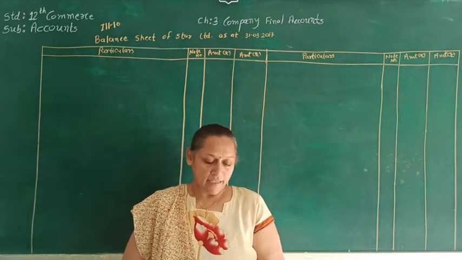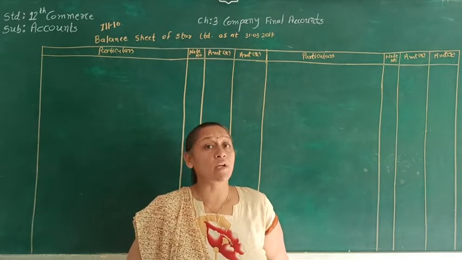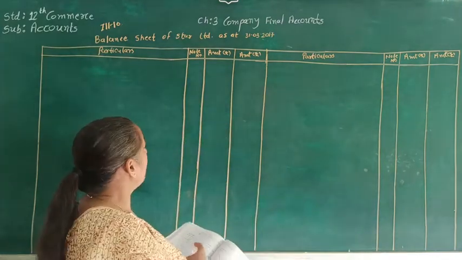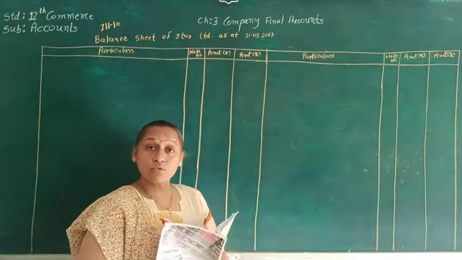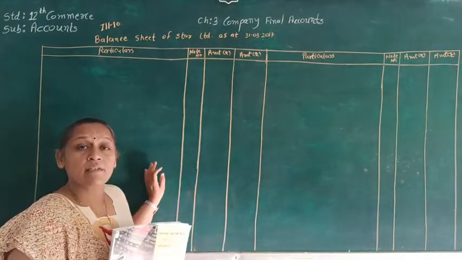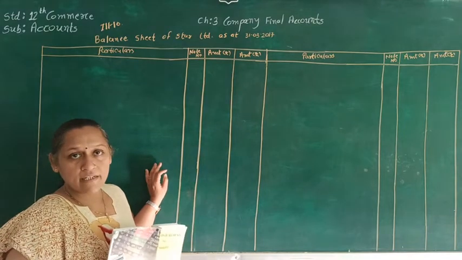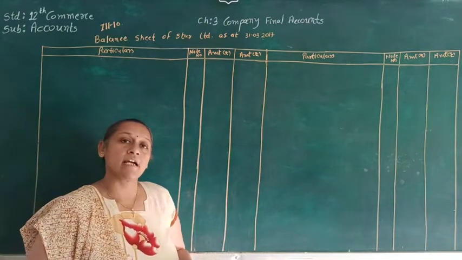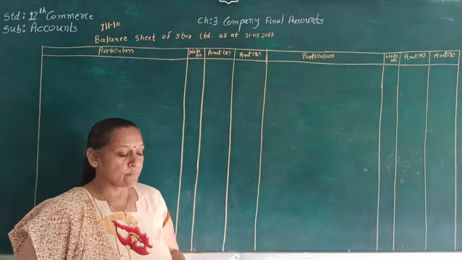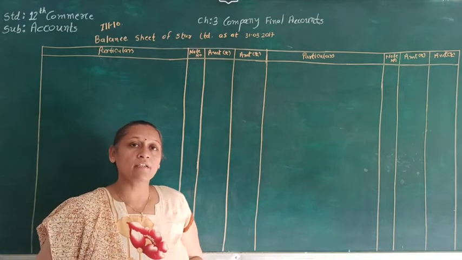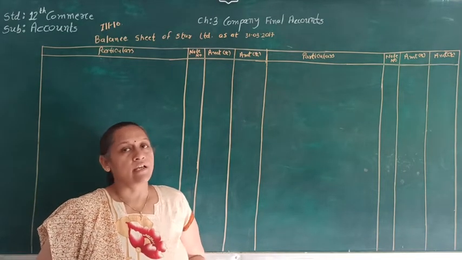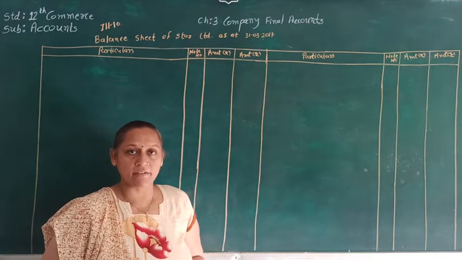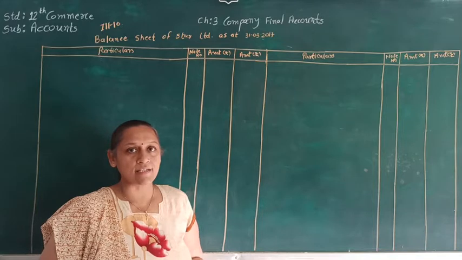And here let's start. As we know, first we have to write all the columns of the balance sheet. So here there are mainly two sides of the balance sheet. Very first is equity and liability, and the second is the asset side. Again, on the equity side there are three main heads: shareholders fund, non-current liability, and current liability. And on the asset side there are two main heads, that is non-current asset as well as current assets.